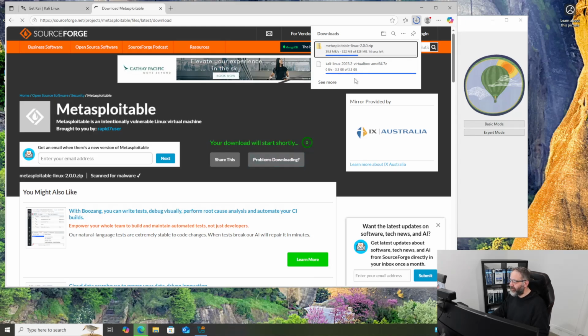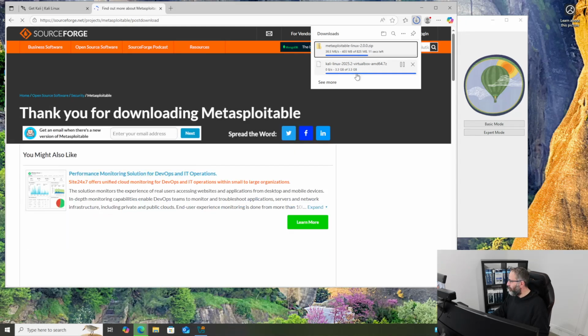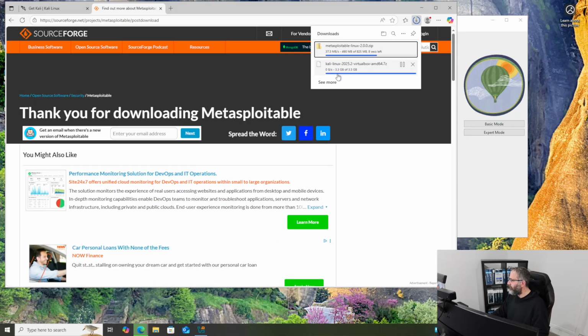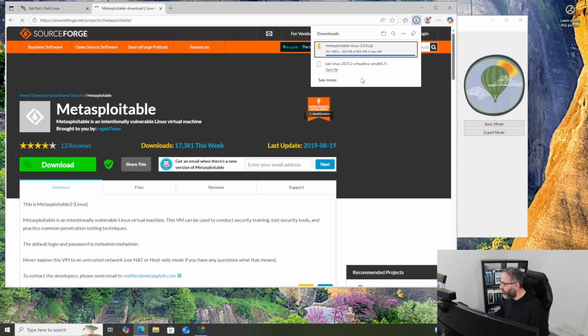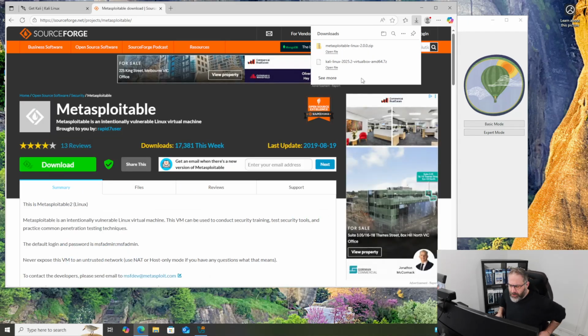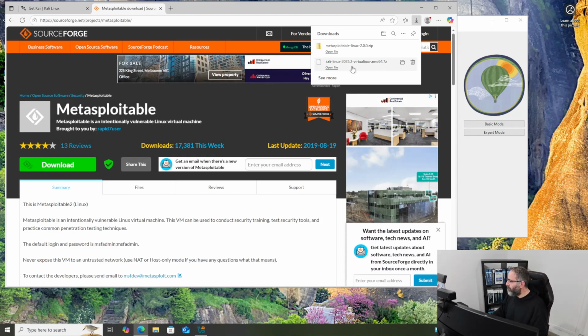See that Kali Linux? It's stuck on 33. I don't know. It takes a while for some reason. We might have to. Oh no, that's fine. There we go. We're good now. So it's relatively quick. I do have a fast connection. I'm not sure how long it usually takes, how long it will take for you, but in any case, you'll